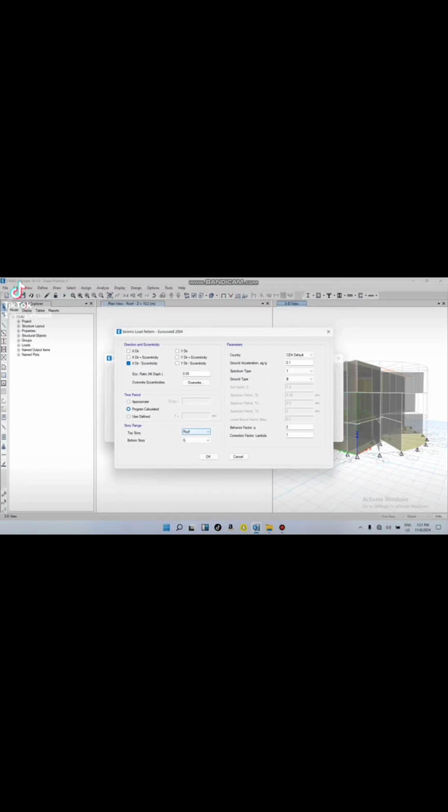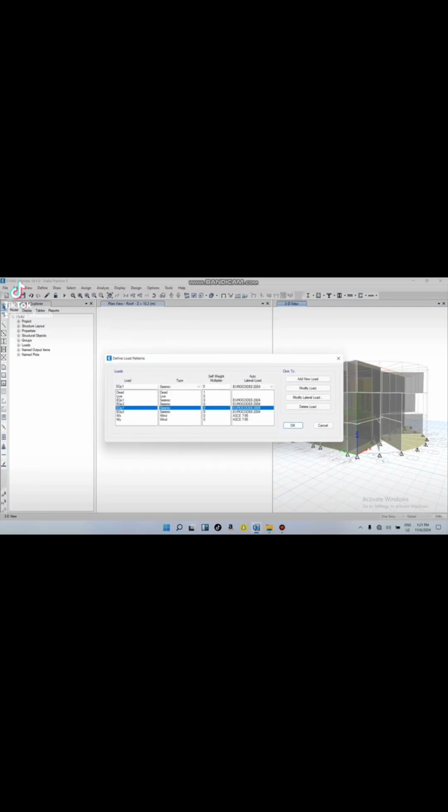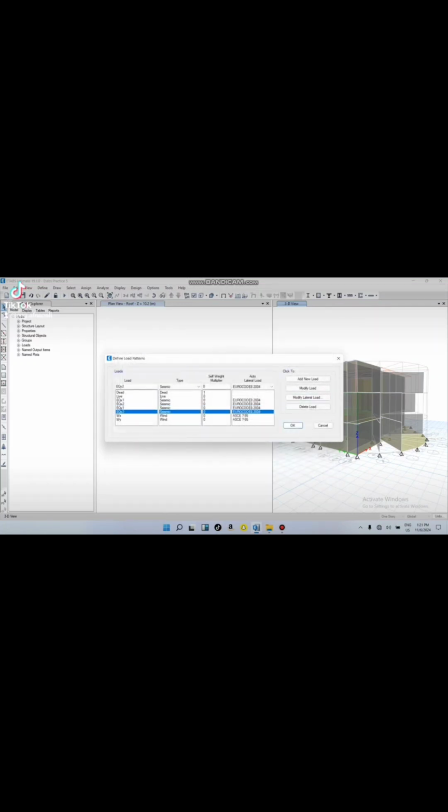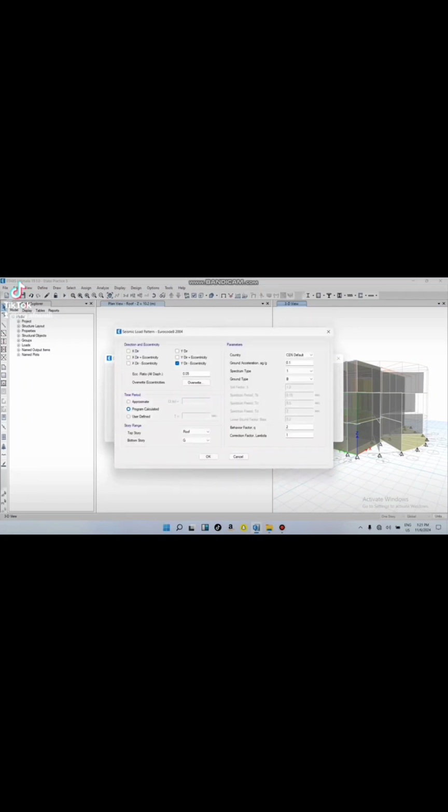And then remove to the ground. Here is 2 behavior factor and correction factor. Okay, for y1 you modify, you will choose from the direction. Here you will click in the y direction, and then the acceleration 0 not around and the others. For y2 the y direction is here. Roof to the ground,